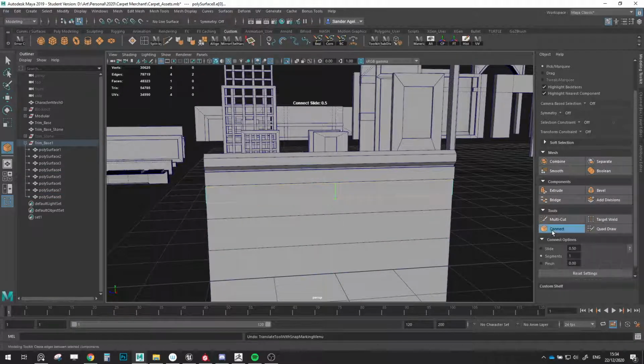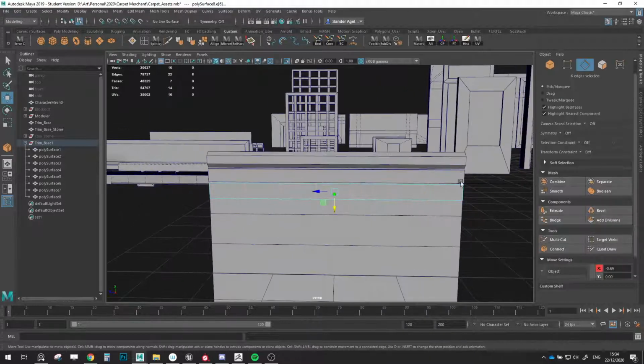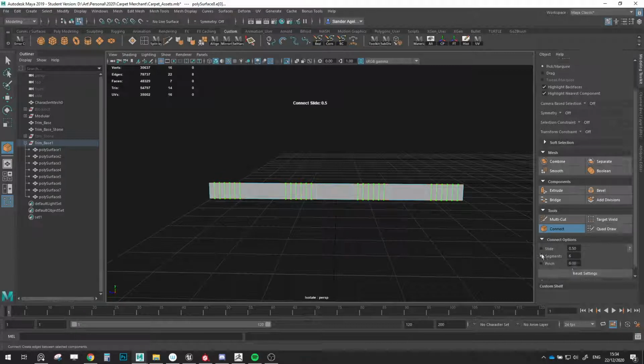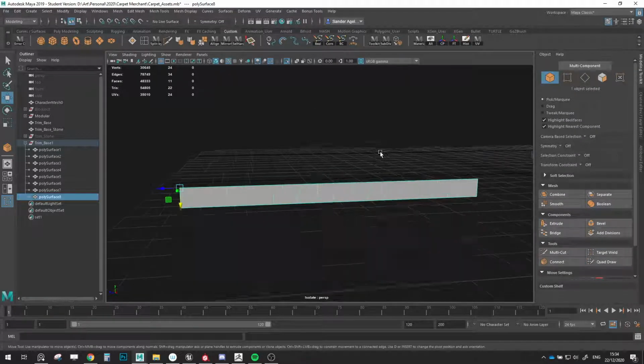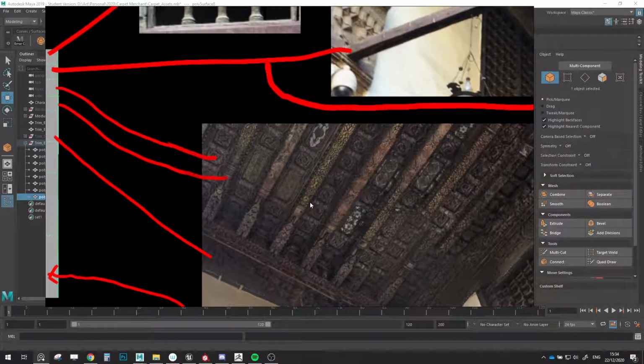Maybe if I add one more. Perfect. Now what we could do, looking at this, is we could actually get all of these figures in there